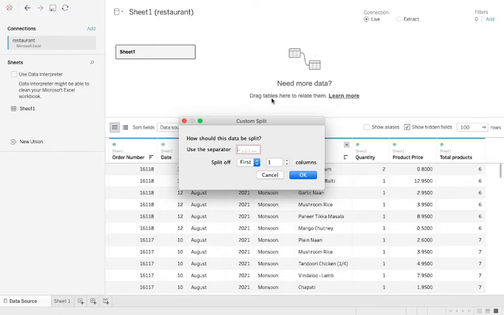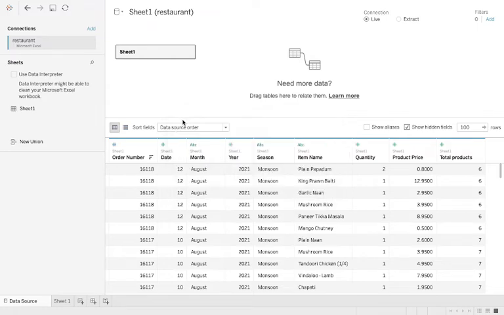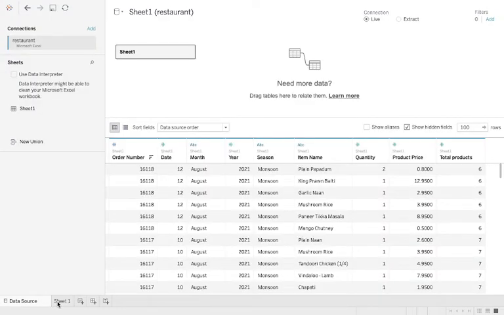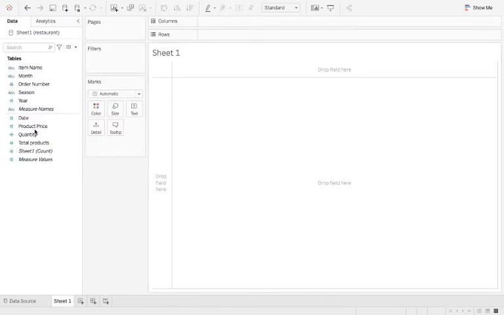All right. Now, this was like the basic overview of before you start working upon your Excel. Now, let's jump onto our sheet and see what all we can do with that. So here you have your data source, and here you have your sheet 1 where you can work. So it is actually divided into two parts, which is dimensions and measures. So if you see, I'll just show you. Yeah, so it is dimensions and measures.